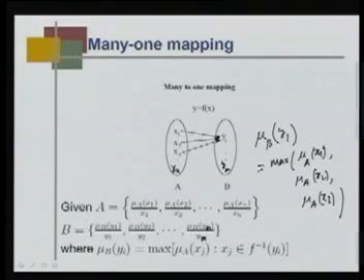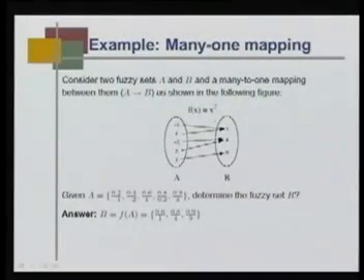So, these are the 3 members in A, they map to the same element in B, hence the associated membership function with y 1 is the maximum membership function associated with its counterparts in A. That is, the counterpart of y 1 in A is not 1, it is many, because of many to one mapping. Okay. So, this is an example, like here as I said f x equal to x square is a good example